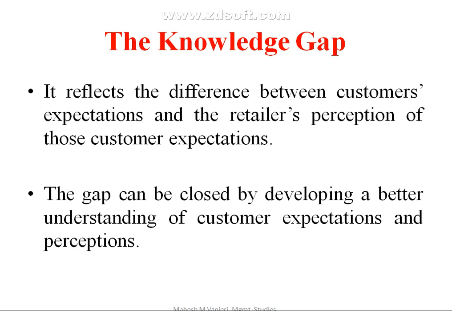And if an online retailer feels that the customers are ready to wait up to 7 days, but actually customers are willing to wait only for 2 to 3 days. The retailer is assuming the customers are ready to wait to receive the delivery for 7 days. So a knowledge gap is created. Actually customers want the delivery at the end of the 2nd or 3rd day, but the retailer is assuming that the customer can wait up to 7 days. So a knowledge gap exists.